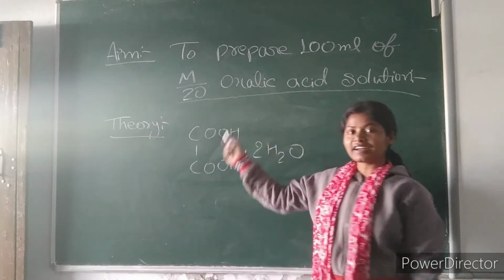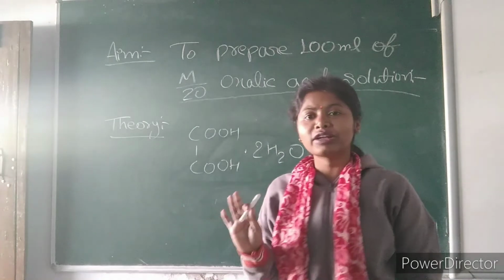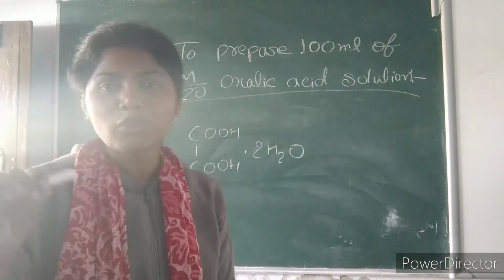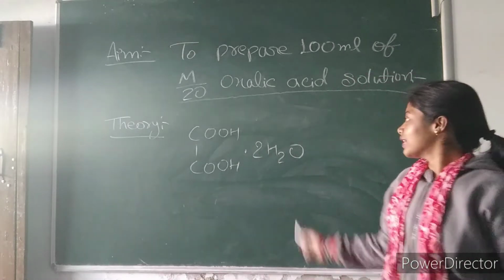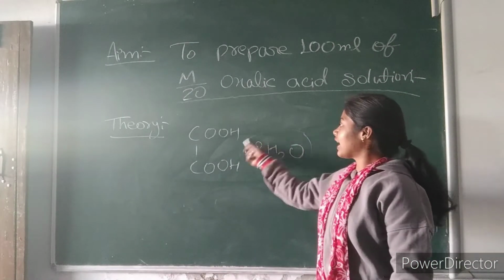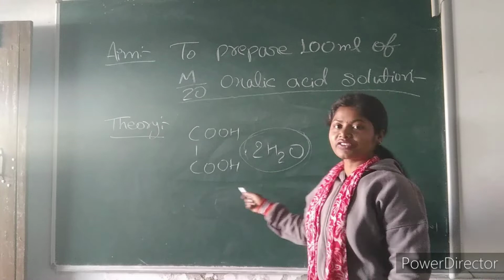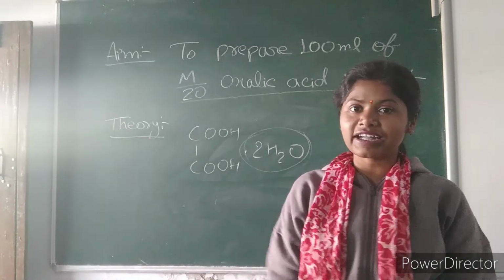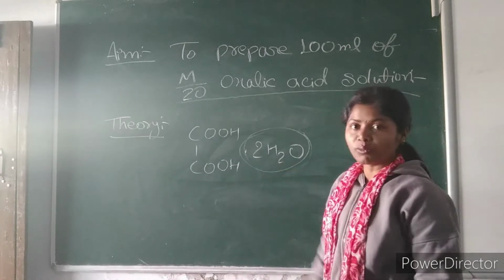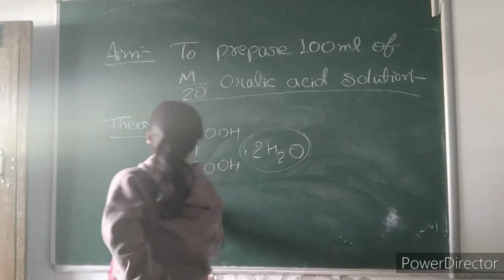It is a primary standard solution, highly soluble in water, neither hygroscopic nor deliquescent, right? Okay. So this 2H2O is added in the formula of oxalic acid to make it crystallize. So oxalic acid got crystallized with the two molecules of water, and its molecular